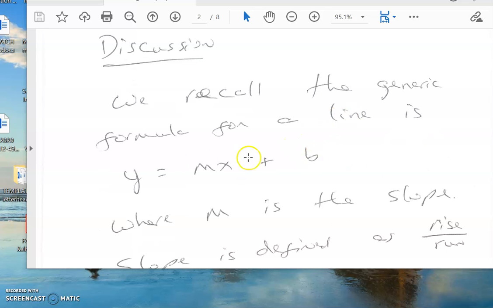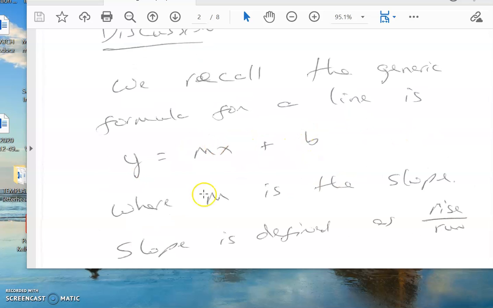We recall that the generic formula for a line is y equals mx plus b. Now remember how that goes? m is the slope, b is the y-intercept. So I did this problem, and then I went to